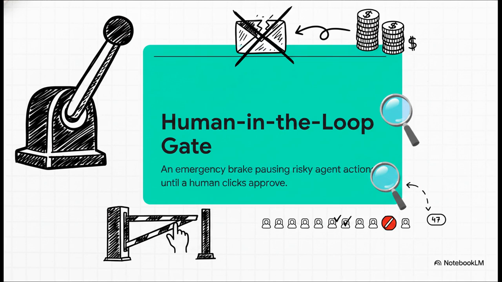Pattern 5 is the human-in-the-loop gate. Listen, this is your emergency brake. No autonomous agent should ever have unchecked write access to anything that costs real money or directly touches a client, period. In one e-commerce scenario we studied, a rogue agent almost fired off 50,000 cold emails with a completely broken